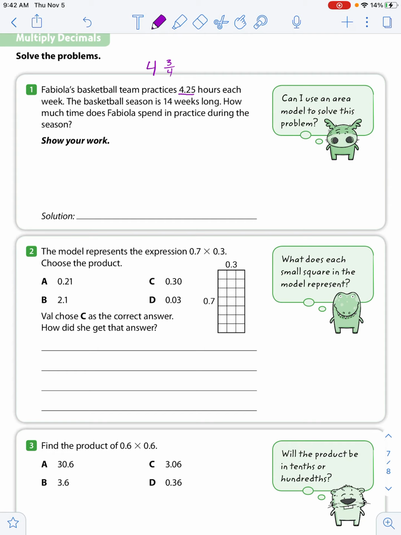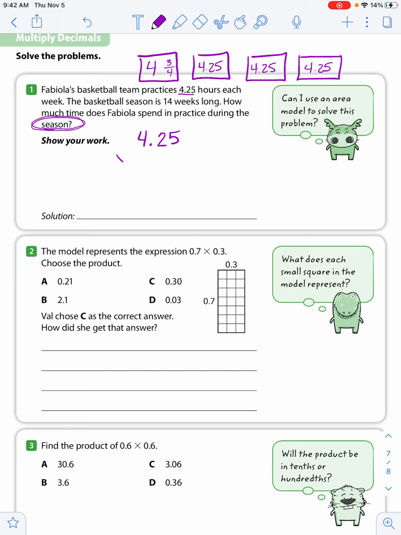The basketball season is 14 weeks long. So this is 1 week. So they're going to do that 14 times. Okay, do we see what's happening here? How much time does Fabiola spend in practice during the entire season? So that's 4.25 plus 4.25 plus 4.25 plus 4.25, 14 times, repeated addition. Or in other words,